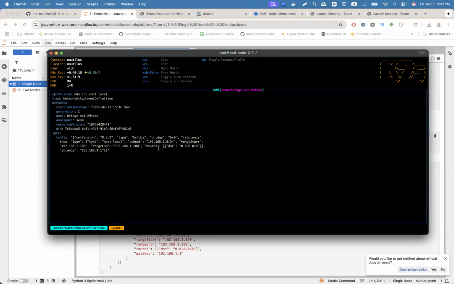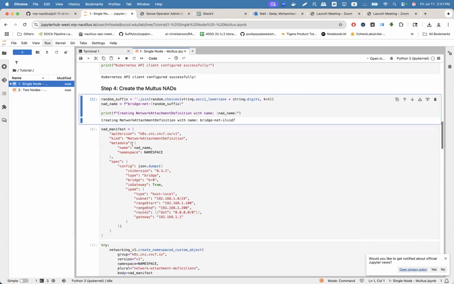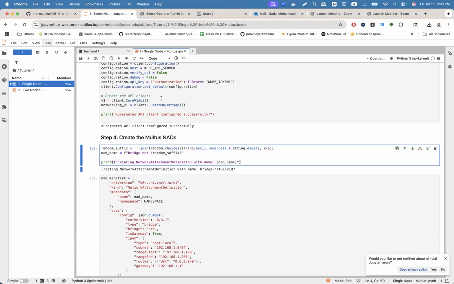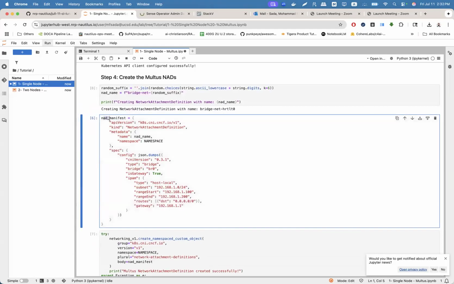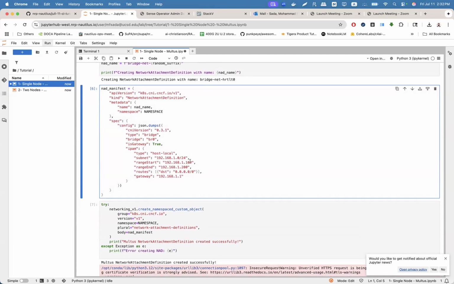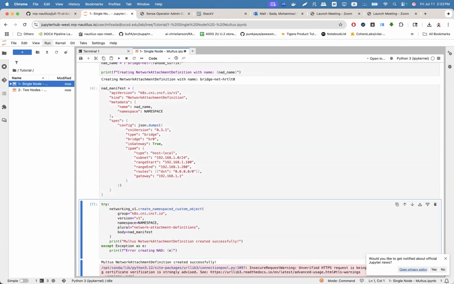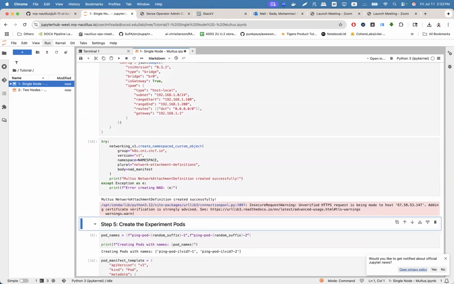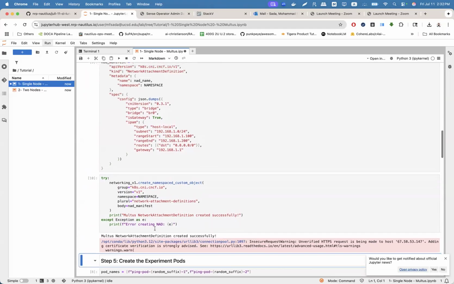So if I click Y, it shows you the YAML. You can see here what it looks like. So the type of the network attachment definition and the subnet it uses and provisions, the range start and end for IP addresses, and gateway IP, and so on. So in this example, here we're passing our network attachment definition, or NAD. We're using the range between 100 and 200. You can see here we're applying this range and created a network attachment definition.